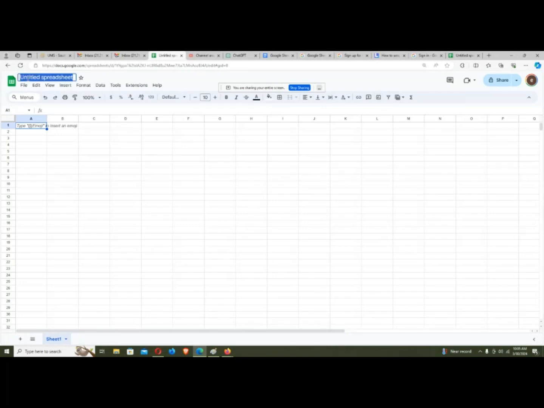Over there, you can name the doc, like today's class. And the good thing about Google Sheet is that it auto saves your work. So we don't need to press Control S like we do for local apps like Microsoft Word or